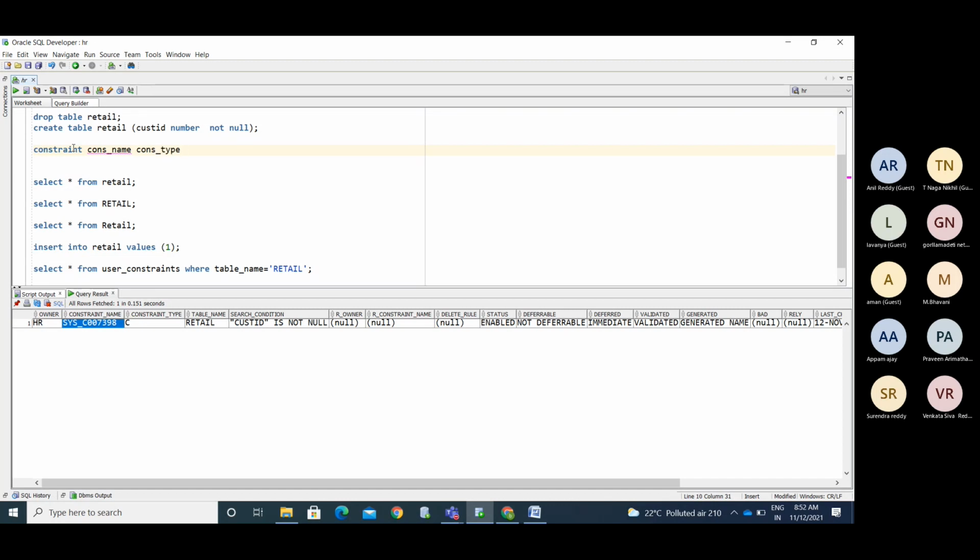Here we are taking the syntax and mentioning it in this place. The constraint name should be valid. Not null. You can see the constraint is defined on the cust ID column, so you are going to restrict the null values. So I'm mentioning not null.